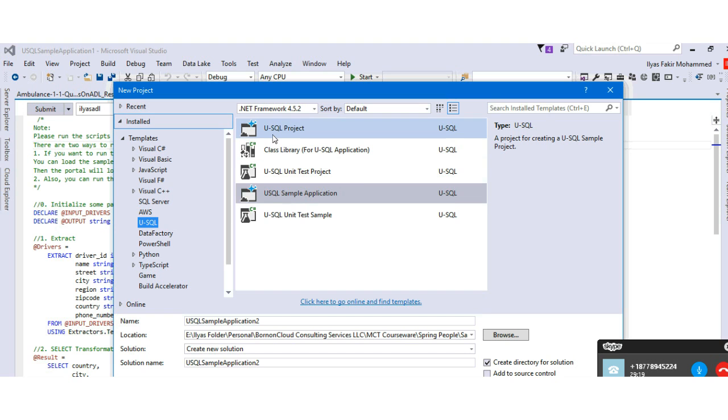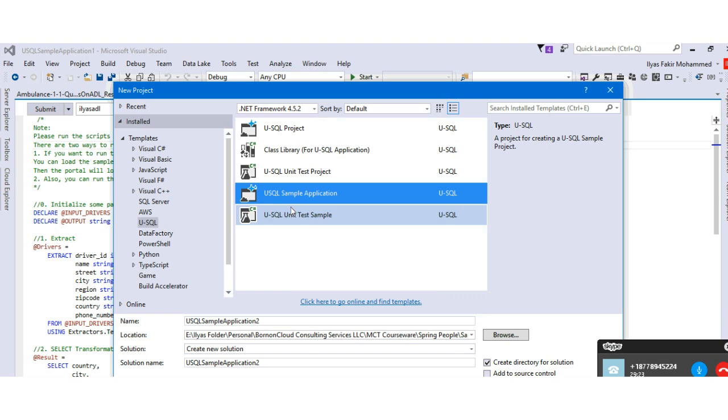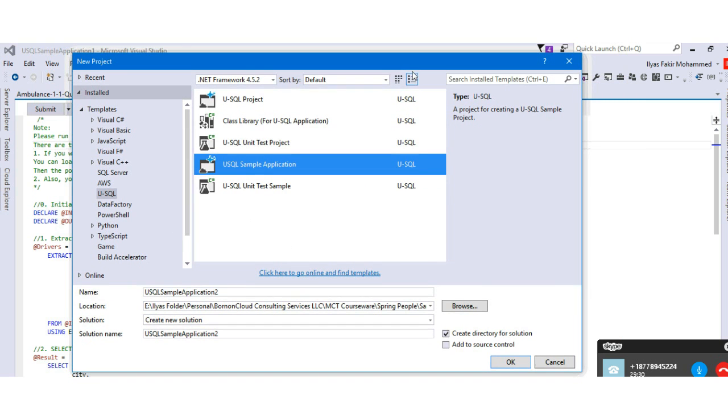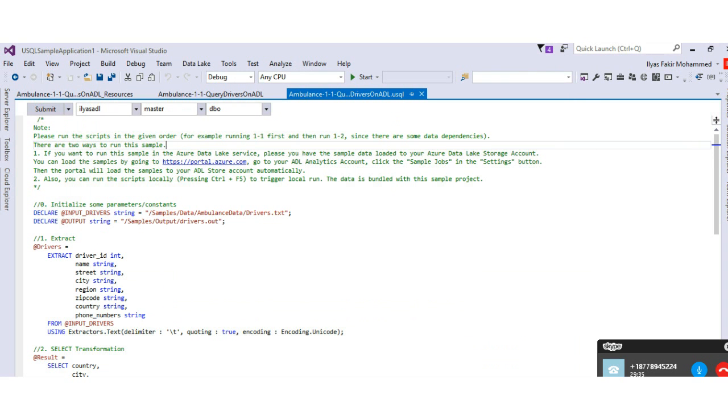Here you can find a list of starter projects. You can create a brand new empty U-SQL project, or you can use the U-SQL sample application that comes along with the set of tools that you install. Now you can click on OK and create a new project.